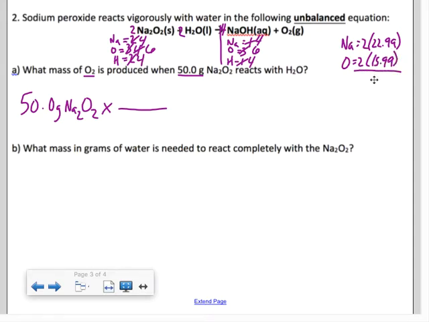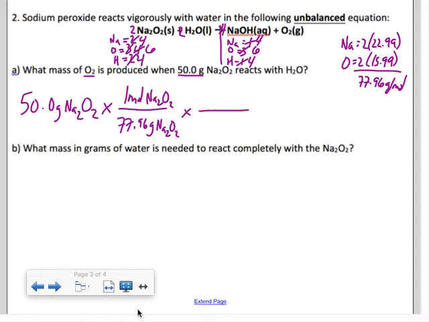Then I add these up, and I get somewhere around 77.96 grams per mole. So I'm in grams, grams goes on the bottom. That's 77.96 grams of Na2O2